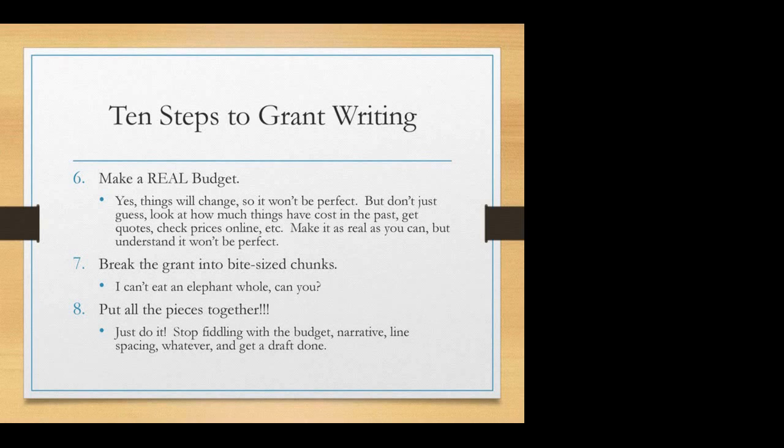If you are looking for something more specific, say an improvement to your high tunnel or greenhouse, or if you need a better kitchen, you've got to have an idea of how much it's going to cost, and you want to know what that is before you ever know what grant you're applying to.